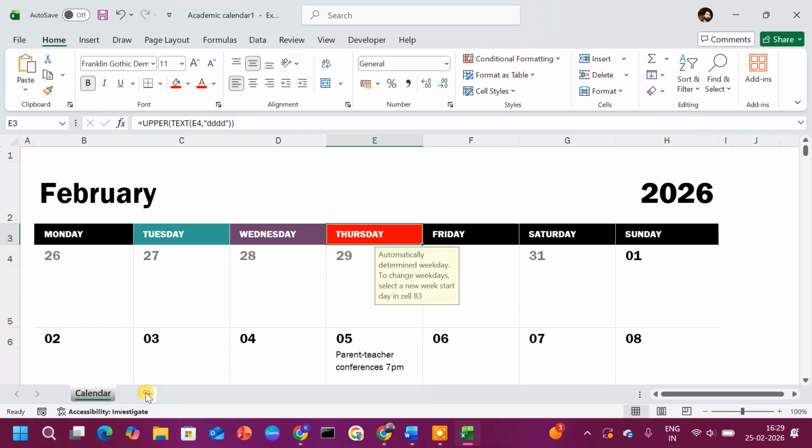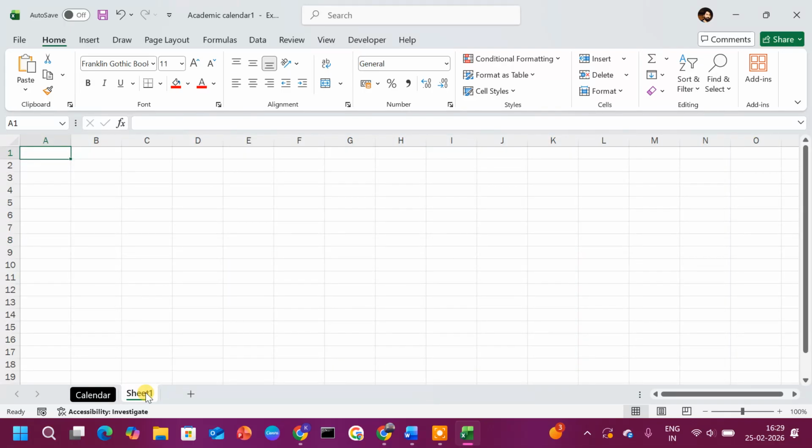Now method 2, create a simple calendar manually. You can also create your own calendar. Enter the days of the week in the first row,